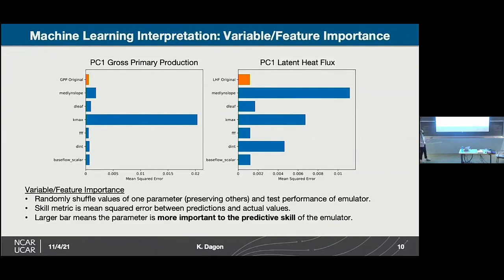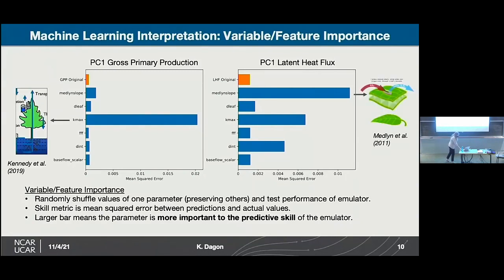What I find really interesting about this is that there are different parameters that are important for the 2 different fluxes. In particular, what really jumps out here for GPP is one parameter, and I know I haven't talked specifically about what the parameters are, but they're mainly biophysical parameters. This parameter happens to be related to plant hydraulic stress, so the movement of water through plants. There's a really nice paper by Daniel Kennedy that talks about that parameterization in the model. But when you look at latent heat flux, you see a much different picture in terms of the importance of the different parameters. In particular, this parameter Medlyn slope is very important, which has to do with stomatal conductance